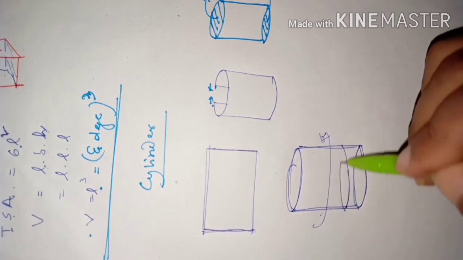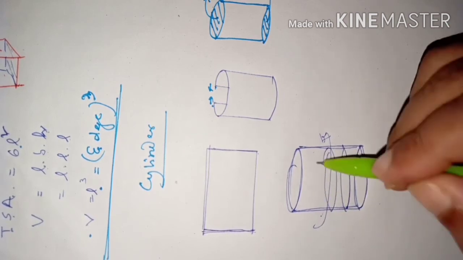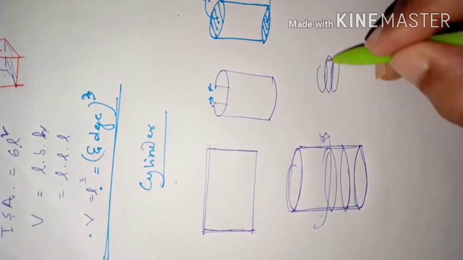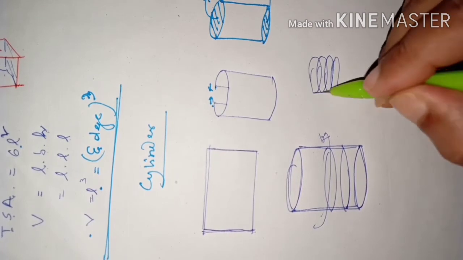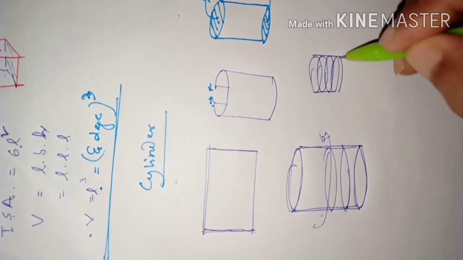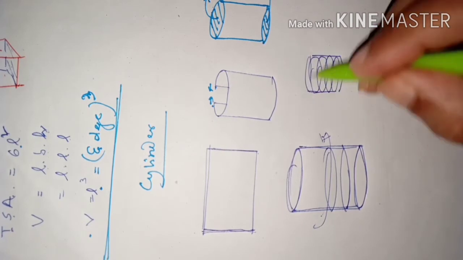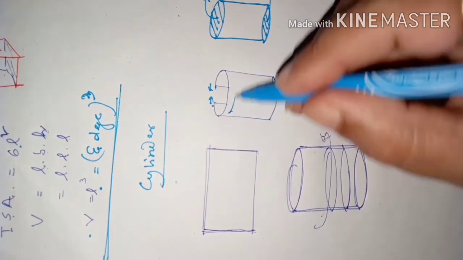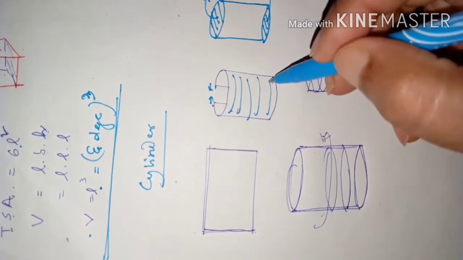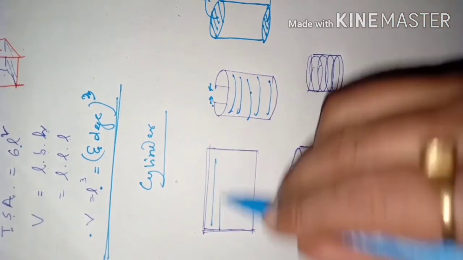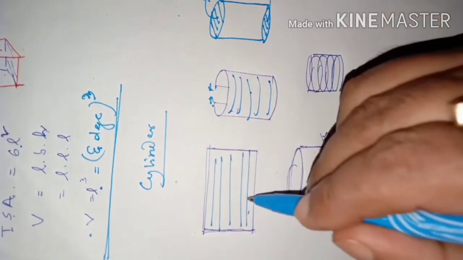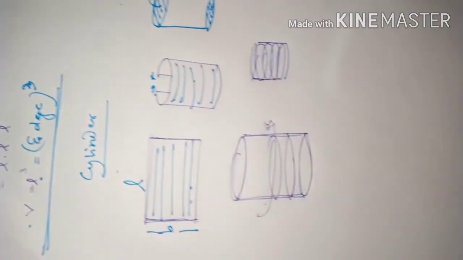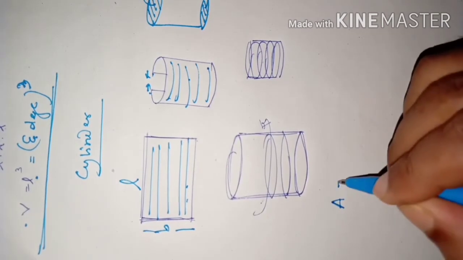That means you can say so many circles piled up. Just think you have got one 5 rupee coin, over that another 5 rupee coin, one more 5 rupee coin, like that you have gathered so many. Then at the end the shape that you will get will be a cylinder. Got the idea? Now think about the curved surface area. This is the curved surface. Actually, this curved surface is made from a rectangular sheet. What is the area of this rectangle? It has length and breadth. The area of this rectangle is length multiplied by breadth.